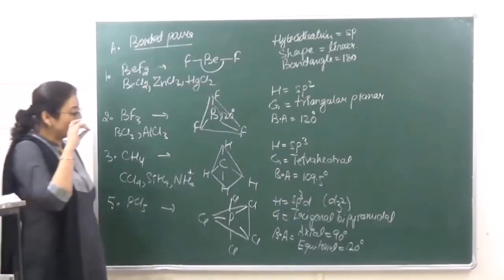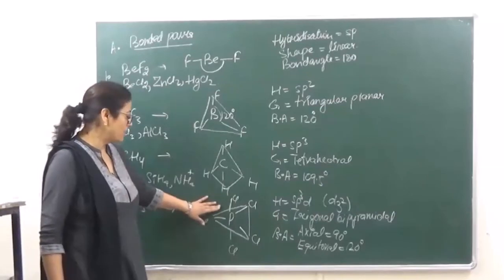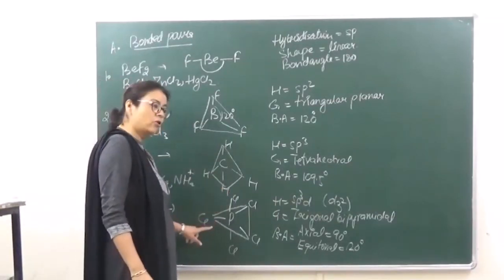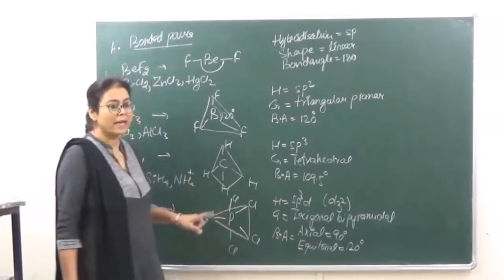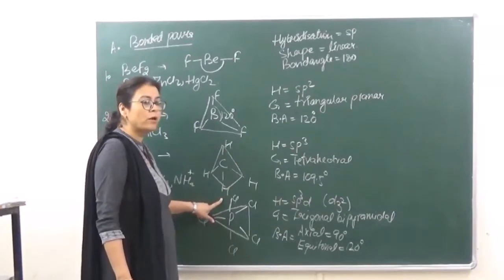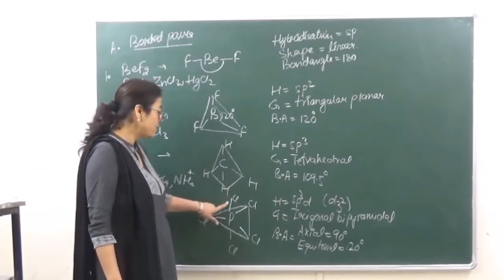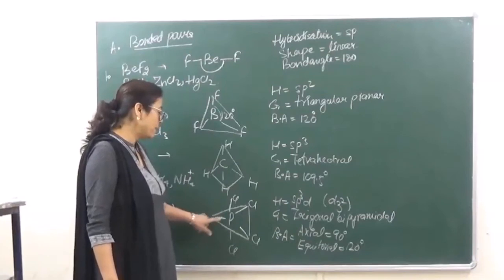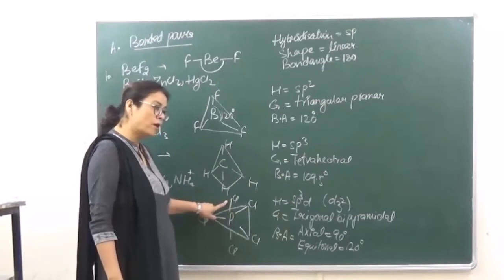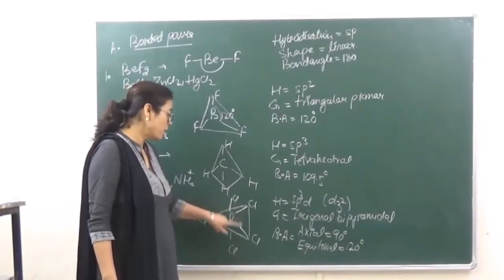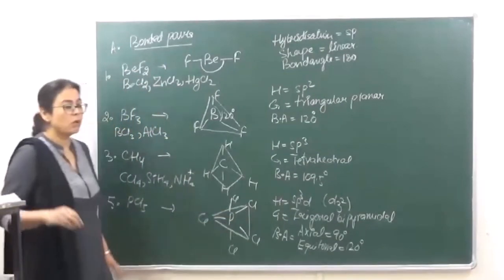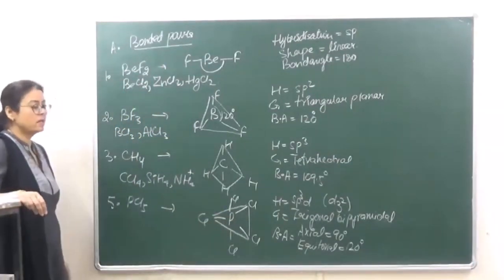Now also you have to remember in this that the length of the axial bond is greater, whereas the length of the equatorial bond is going to be less. Why? Because the axial bond over here is suffering more repulsions. ठीक है, ये वाला जो एक्सियल बॉन्ड है उसको ये भी रिपेल कर रहा है, ये भी रिपेल कर रहा है और ये भी रिपेल कर रहा है. So this is going to suffer more repulsions, whereas इसको एक ये और एक ये सिर्फ दो ही रिपेल कर रहे हैं. So equatorial bond length is going to be smaller as compared to axial bond length.